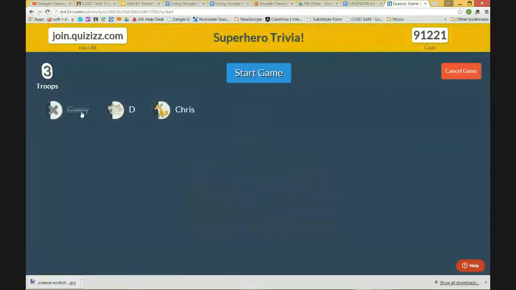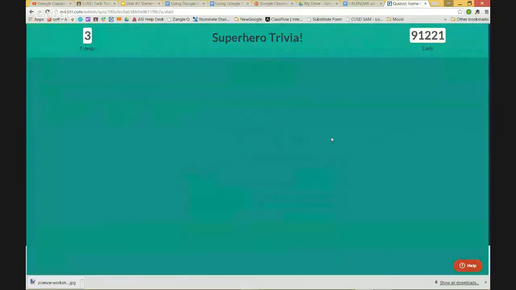And the same thing, if they have a name you don't like, you can come in and cross it off. To get the kids logged in faster, you tell them the faster you log in, the better avatar you get. The last in line gets like a stick or a worm. Nobody wants to be that. And then when you start the game,